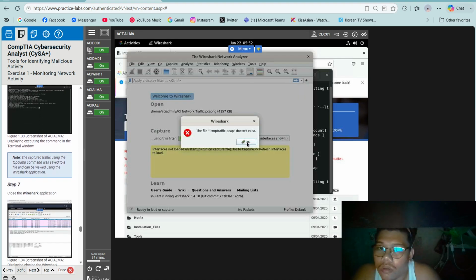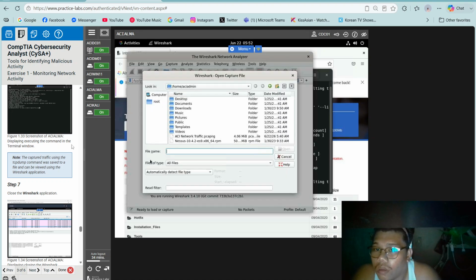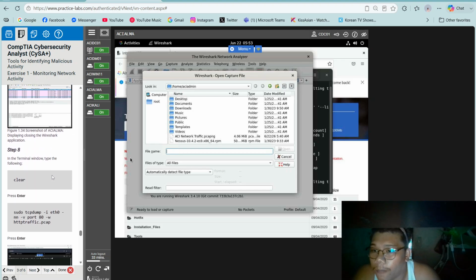So note, the captured traffic using the tcpdump command has been saved to file and can be viewed using the Wireshark application.